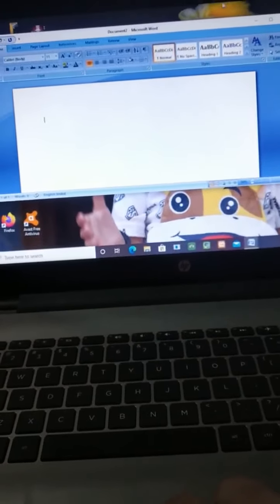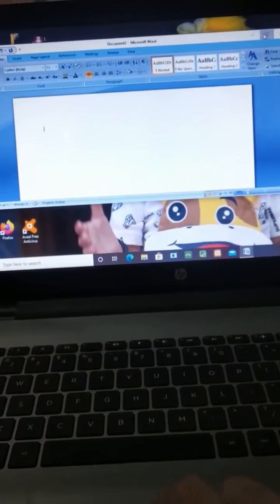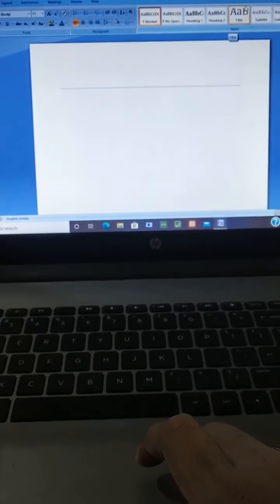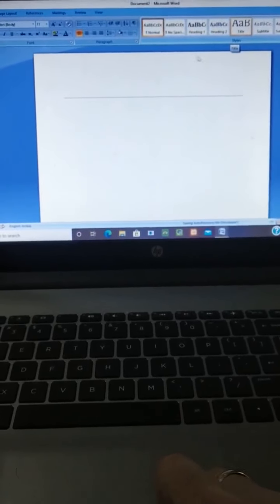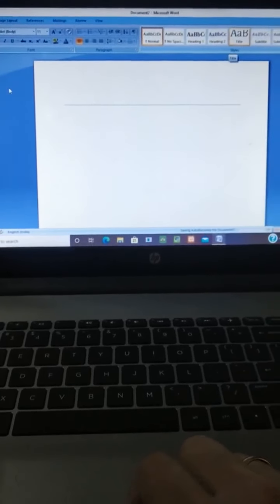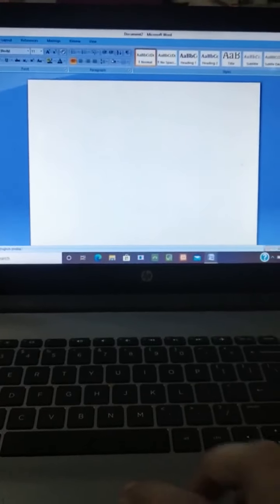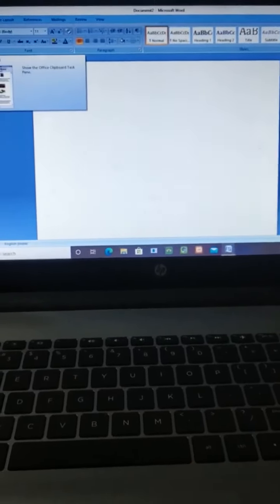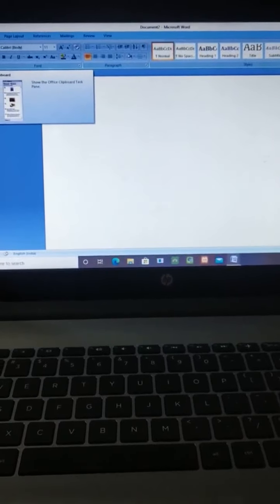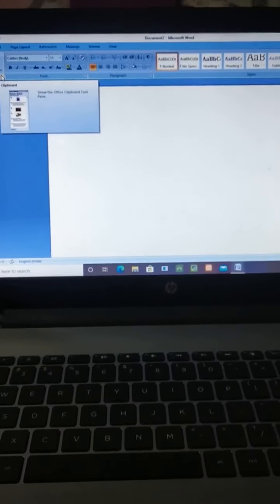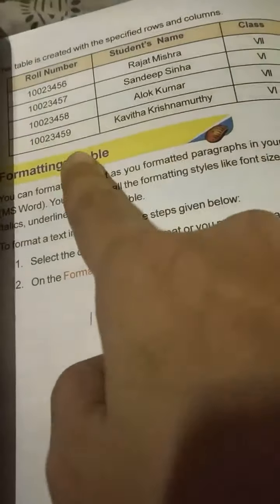So here appears our Microsoft Office Word, and I am using the 2007 version. Is it clear? Last day we learned what a table is and how to create a table. Today in your textbook an example is given.